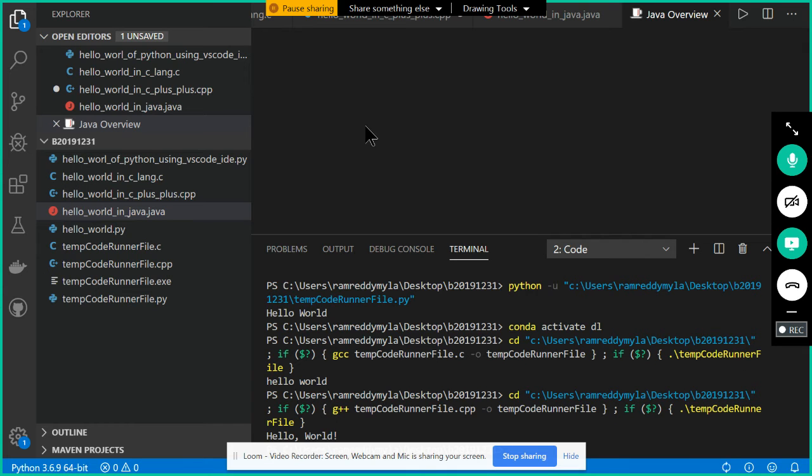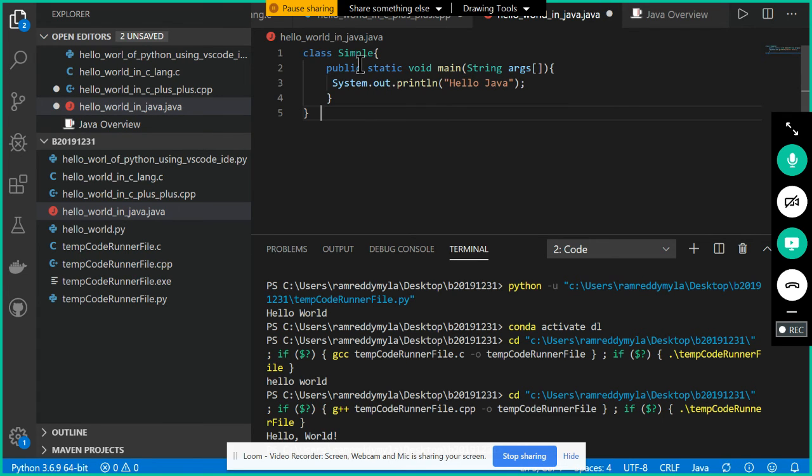Let us go and try to write the same thing here. So we are writing the same thing: class Simple, then public static void main. What is this bracket doing, what is that bracket doing? These are all things we have to learn about. Too much work is needed here. Let me select it.